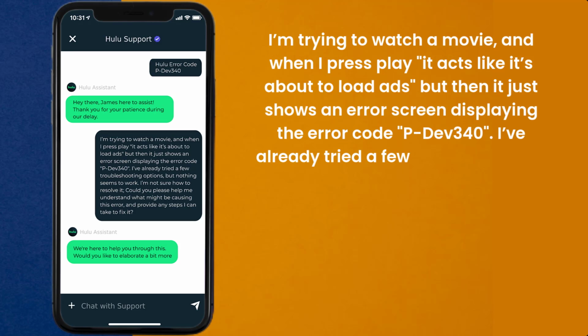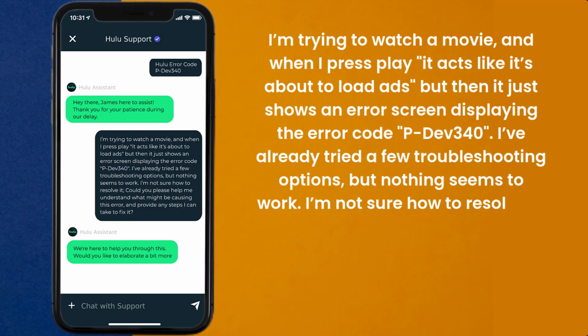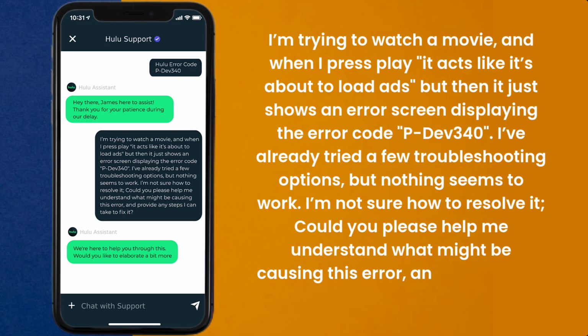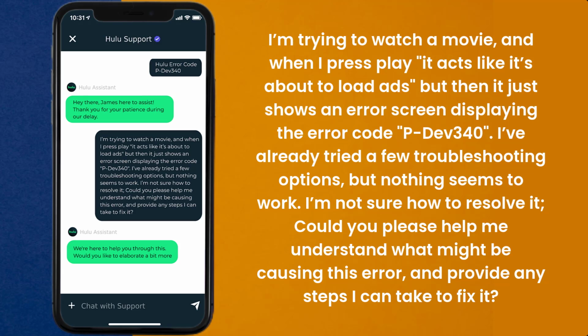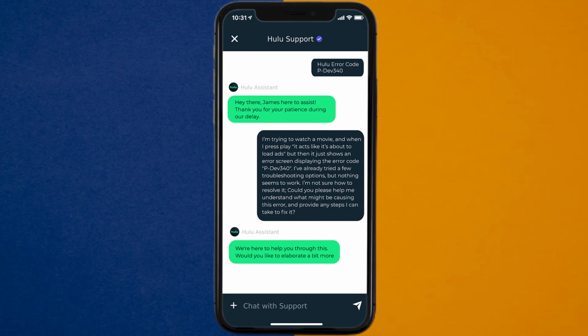P-DEV340. I've already tried a few troubleshooting options, but nothing seems to work. I'm not sure how to resolve it. Could you please help me understand what might be causing this error and provide any steps I can take to fix it?" Hopefully, the Hulu app customer representative will help you fix Hulu Error Code